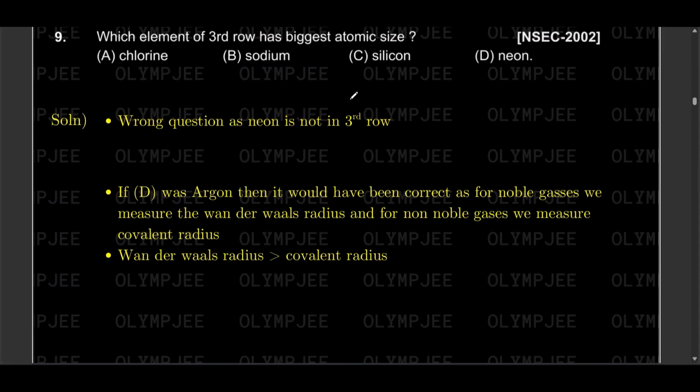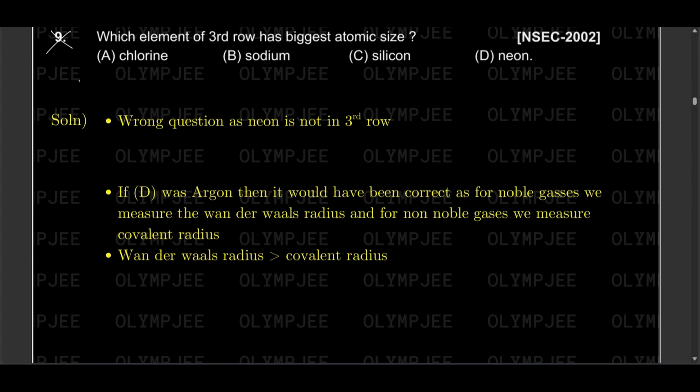So question 9 says, which element of the third row has biggest atomic size? This question is actually wrong, because neon is in the second row and it is not in the third row. So this is a wrong question. Although the answer was given D, because the question is based on the fact that in a row, the largest